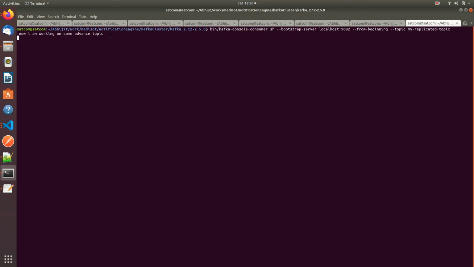I have done this on Ubuntu. To run it on a Windows machine, you need to follow a separate flow. As I do not have a Windows machine, I am not able to show that. So in the comments section I am giving some links. Just follow those links so that you can also set it up on your Windows machine.